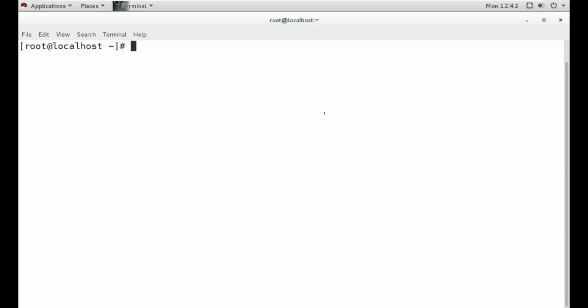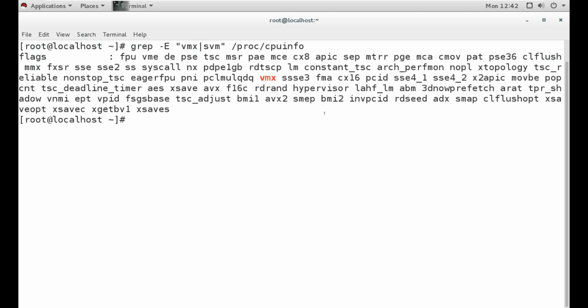Okay, now it is running, and now I'm going to check this thing again. Now I'm going to use the grep command again. And now it is showing this, and it is highlighting VMX.